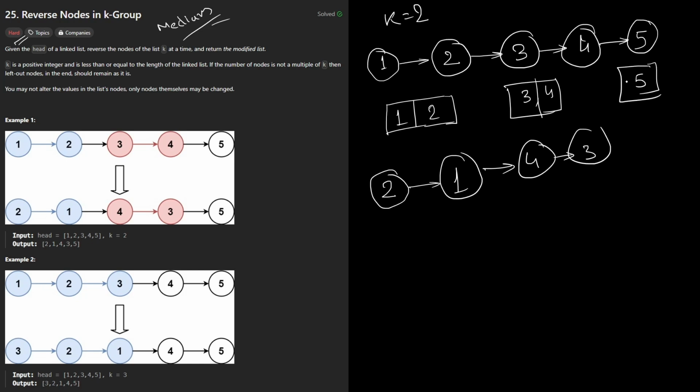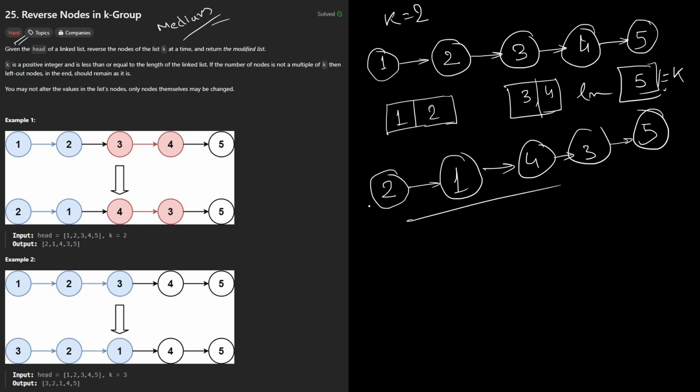But once we have added 5 to our stack, the length of this is not equal to our k value. So in that case we are just simply going to add 5 to our list as it is. This would be the basic principle of using a stack or an array to store the values. Once the values have been added to the stack and the length of it is equal to k, in that case we are going to add those values in reverse order to the newly created list. So if I jump to the Python solution,